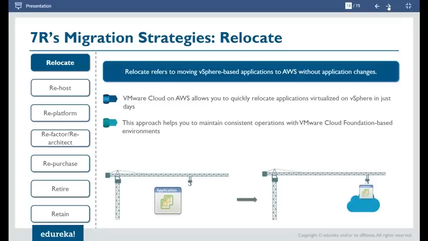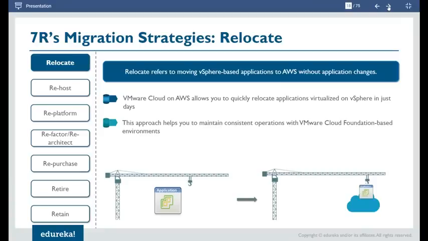So depending on kind of infrastructure you have, you can define your strategy, right? So starting with relocate. Relocate is nothing but when you have your infrastructure on VMware in your on-premises, basically moving from your vSphere in your on-premises to AWS without any changes.